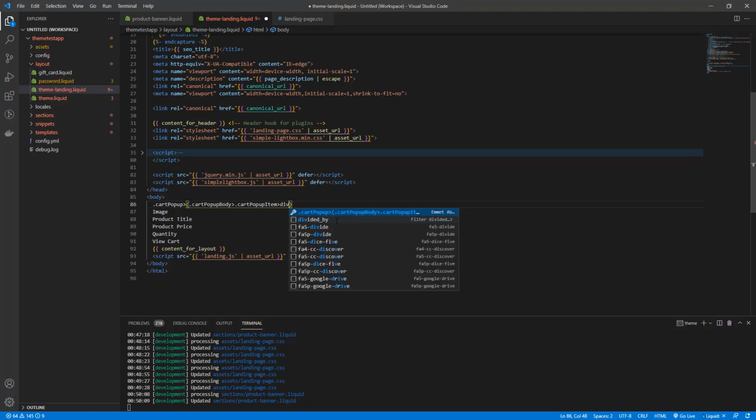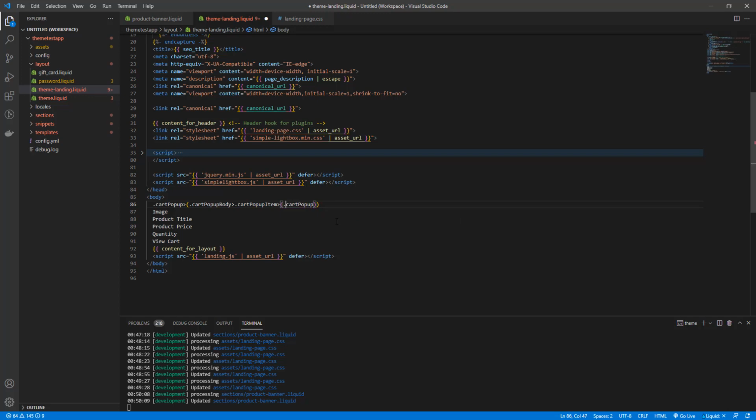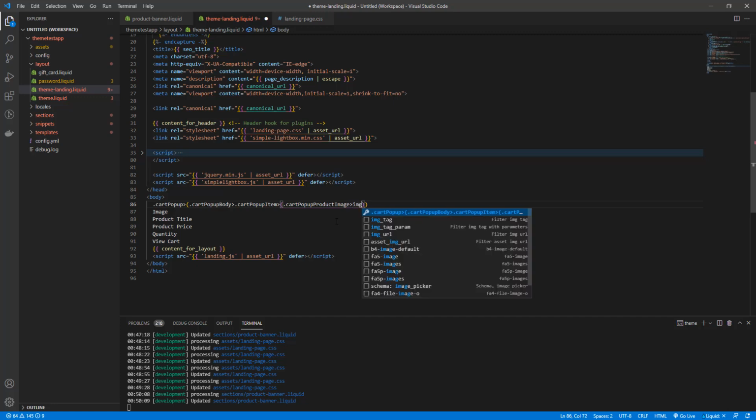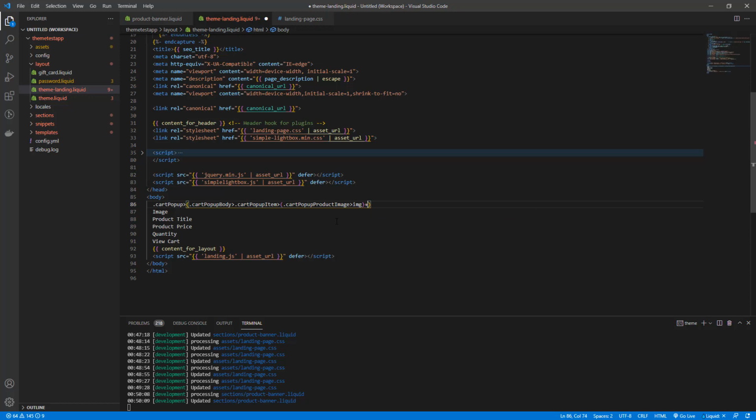First div will be a product image, and in that there will be an image, plus product info,